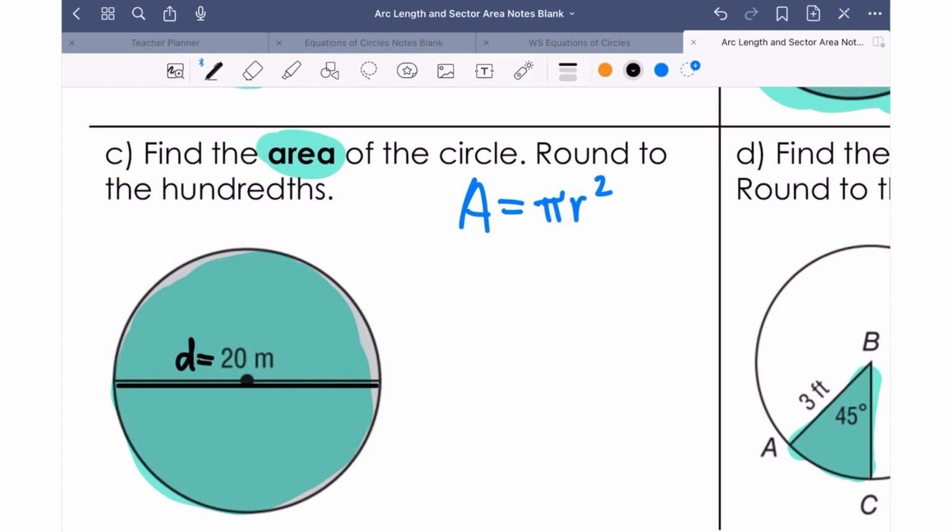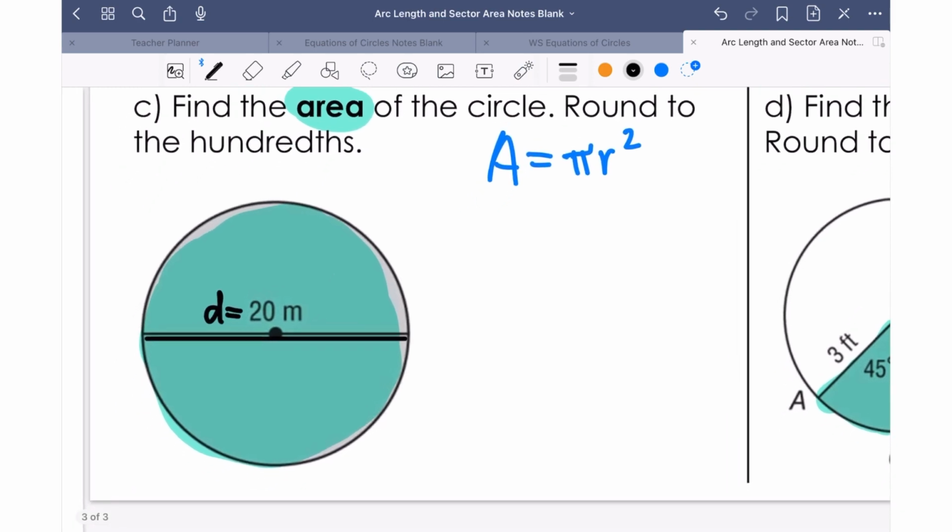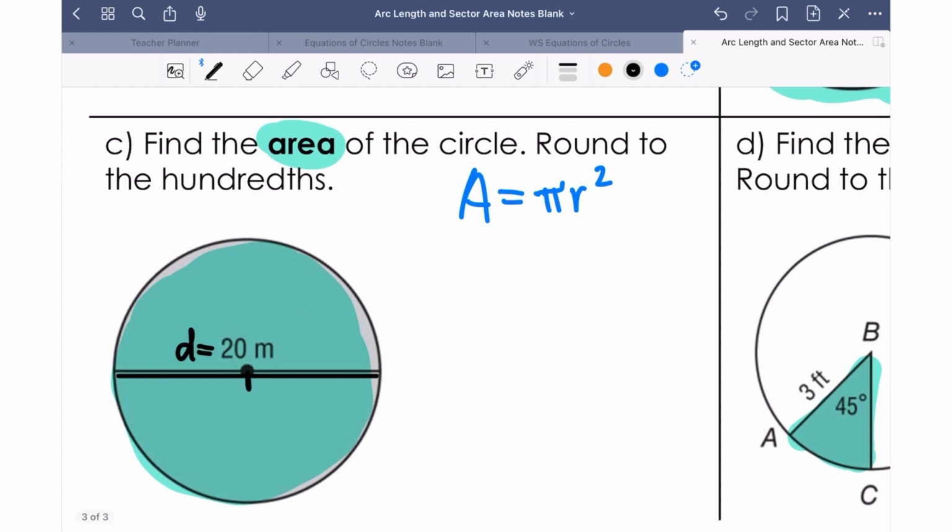So how do I find the radius if I have the diameter? Well, the radius goes from the center to the edge, so that's half of the diameter. So 20 divided by 2 equals 10. So my radius is 10 for this circle. And now I can plug it in to my formula. So my radius is 10. Plug it in, square it,